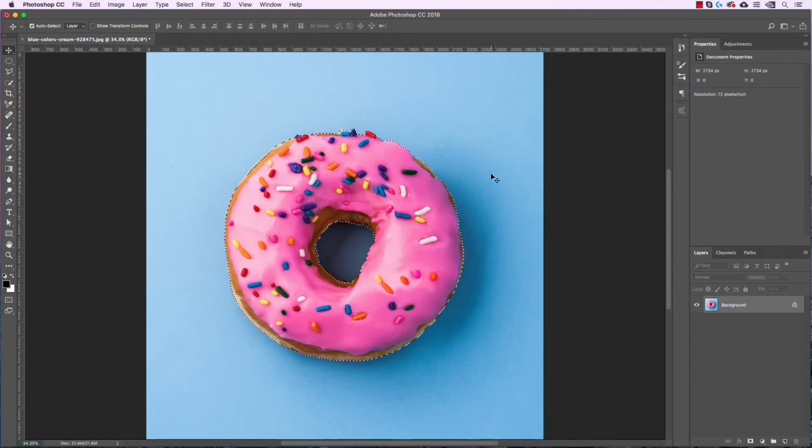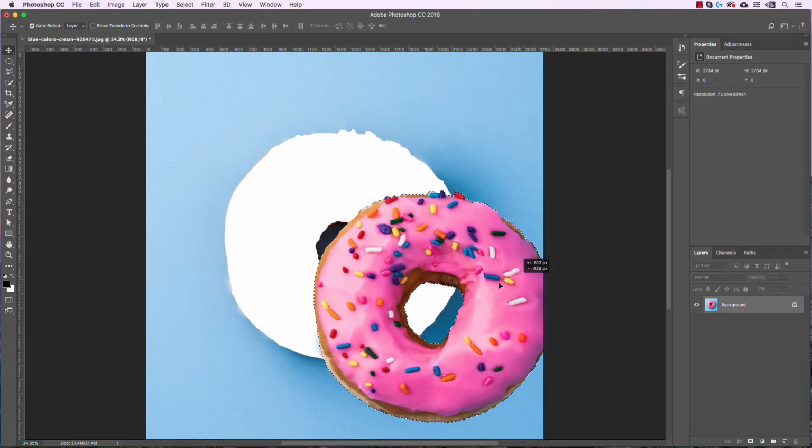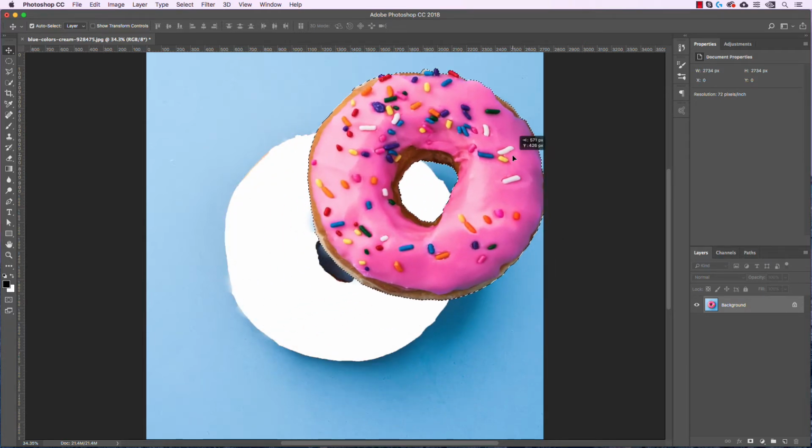In the last video, we worked with some basic selection tools to create a very rough selection of this donut, and we used the quick selection tool in order to make this happen. Okay, so with this selection, we could either copy this on a new layer, or we could just take the move tool and kind of move it around. So there's a few things we can do,